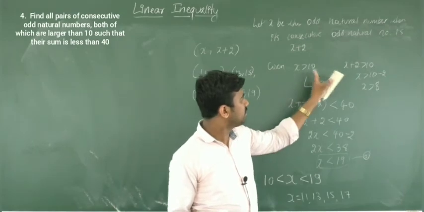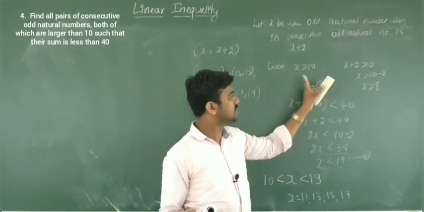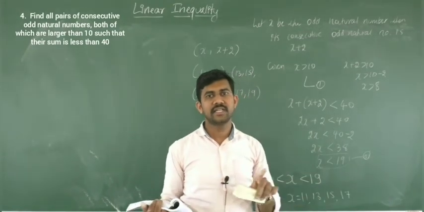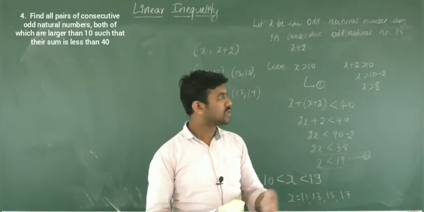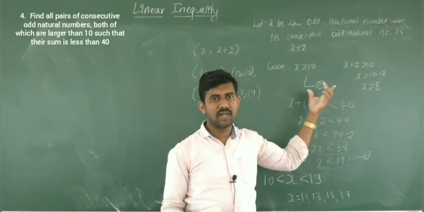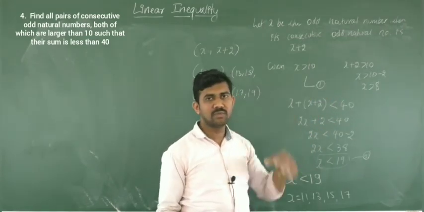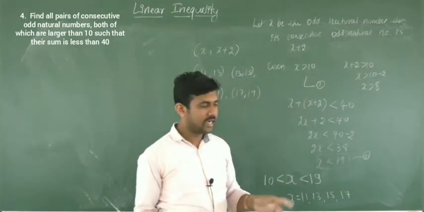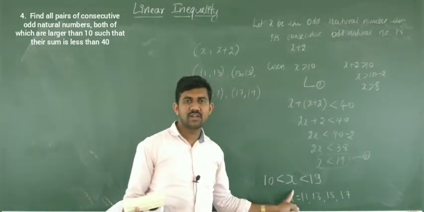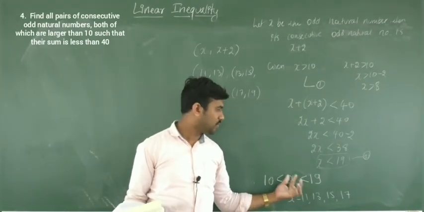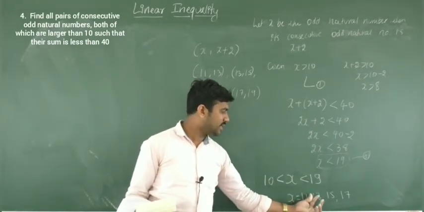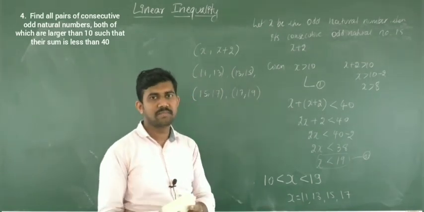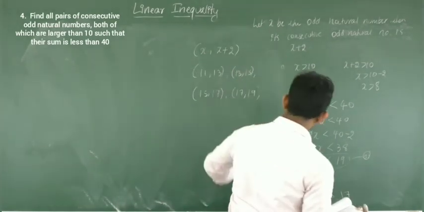So here in these two conditions we can consider this as equation number 1, because whether x is greater than 8 or x is greater than 10, in both cases it is greater than 10 only. So consider this as equation number 1 and use the second data and find the value of x. And what are the values of x? We can observe here x is an odd natural number between 10 and 19, meaning 11, 13, 15, 17. So we can write the possible ordered pairs. Okay, clear? Now we'll see the next question.